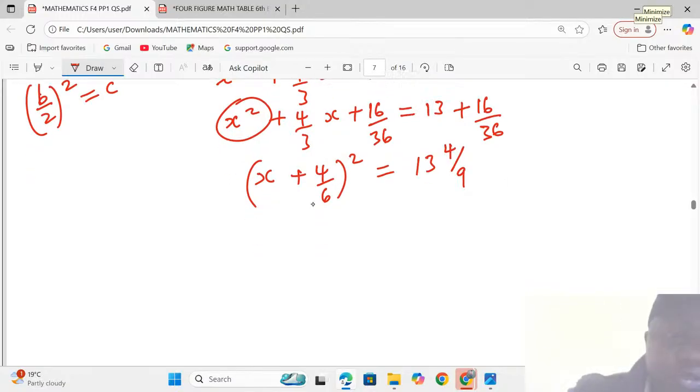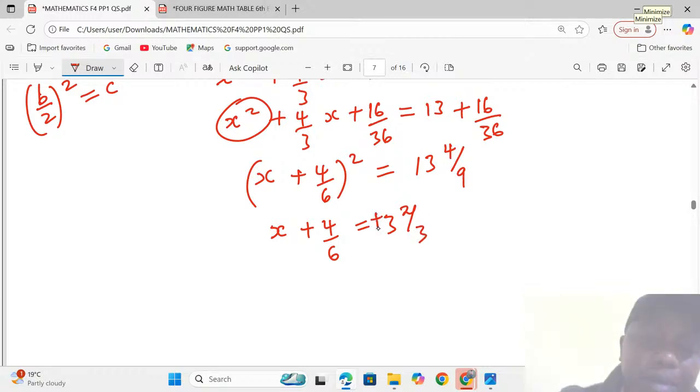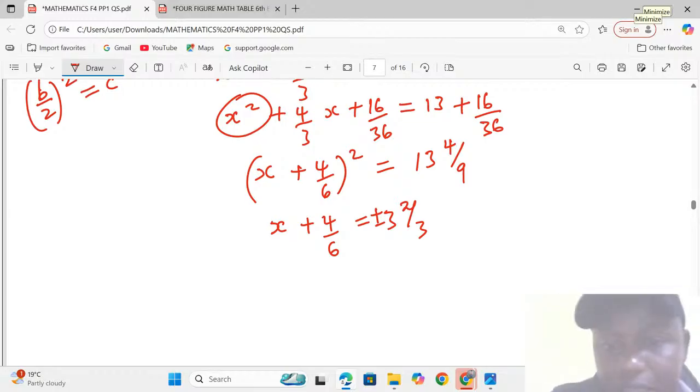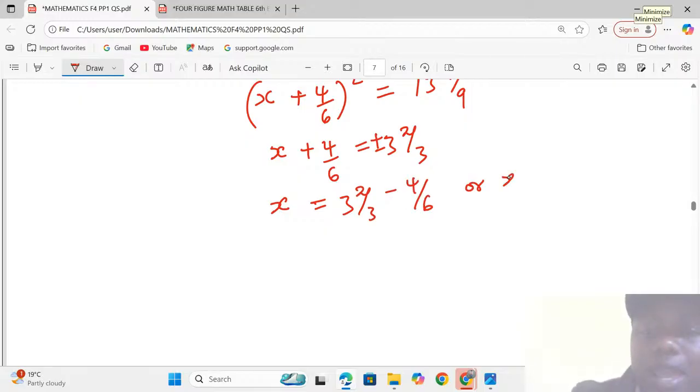So let's take the square root of both sides. When we take square root of both sides, this will be x plus 4 over 6 equals to, we now take square root, and this is 3 and 2 thirds. Though it should be plus or minus. That is something you should note. It should be plus or minus 3 and 2 thirds. We are finishing up, ladies and gentlemen. X equals to 3 and 2 thirds minus 4 over 6, or x equals to negative 3 and 2 thirds